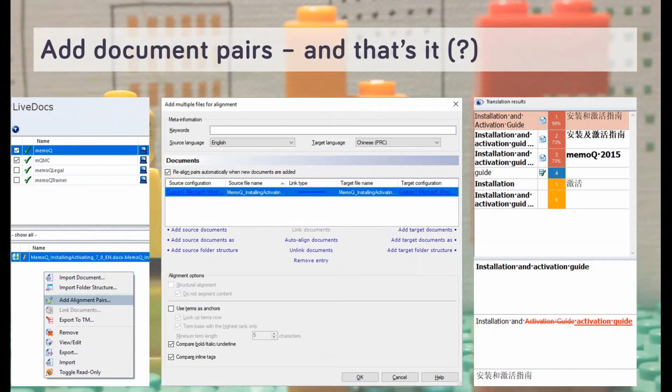It's a breeze, because what you do in a LiveDocs corpus, you just add a pair of documents, memoQ imports them, aligns them, and then you're getting the matches immediately. So in theory, aligning things and getting matches from document pairs in memoQ takes a few minutes. I would say it's not as simple as that, because,